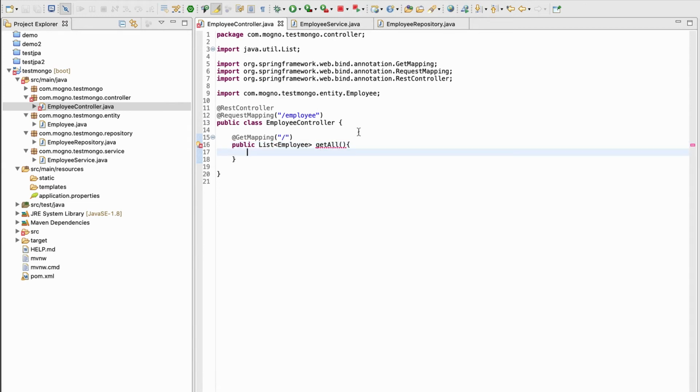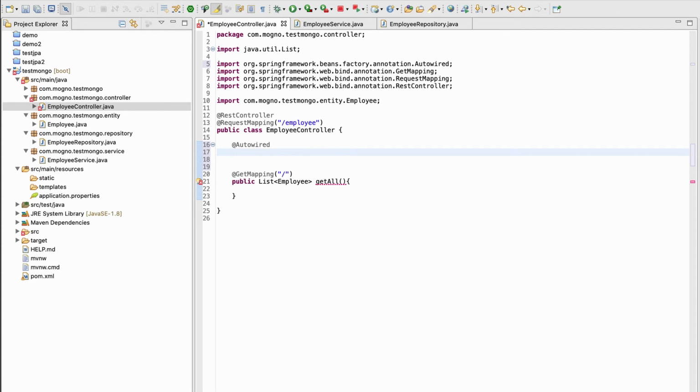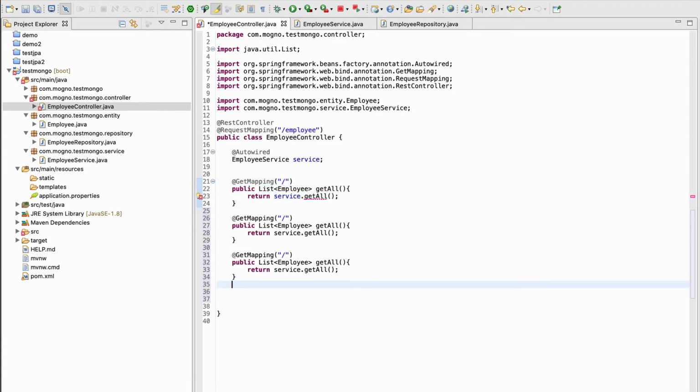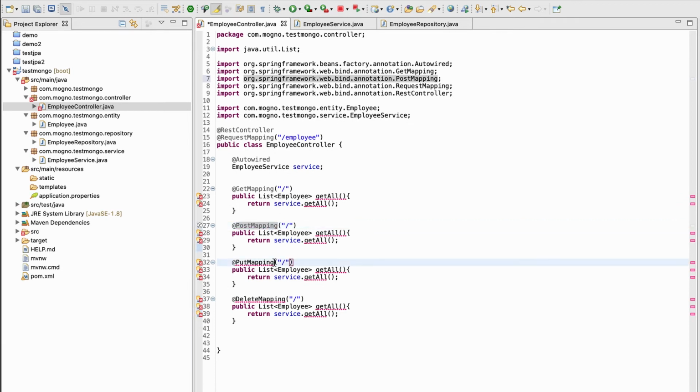So this is the GET API that we're gonna use, and here we need to autowire the service first, right? So every time some request comes, it will come to the controller, then the controller will pass that request to the service, service will pass that request to the repository, and the repository will get the information from the database and then pass it back to the controller, right? So let me copy this function 4 times, and instead of get we're gonna need post, instead of get here we're gonna need put, and here we're gonna need delete. Import,